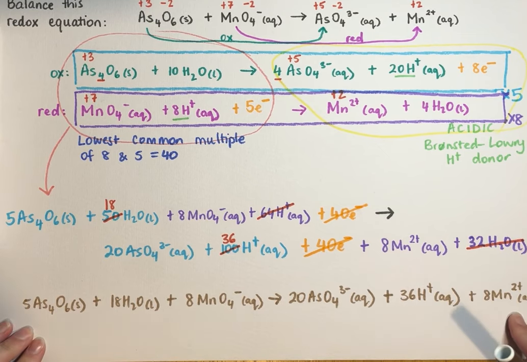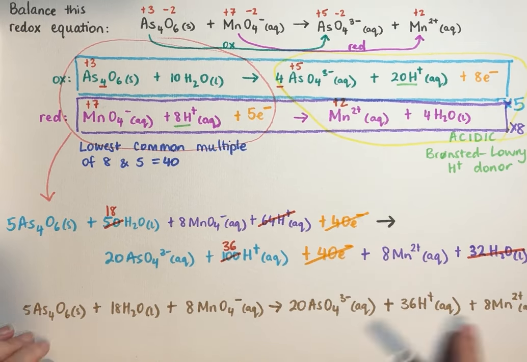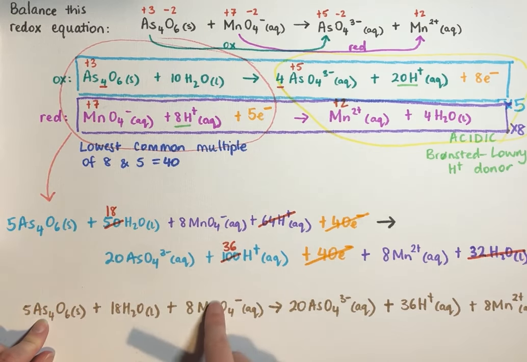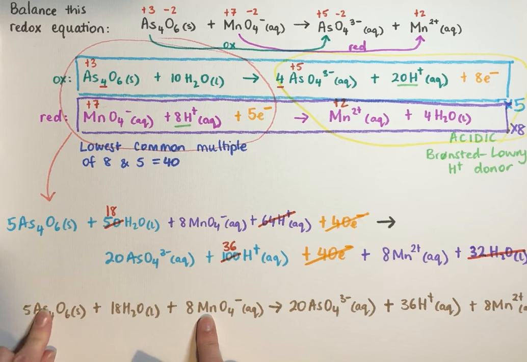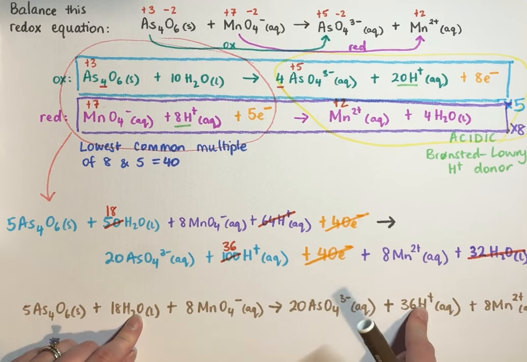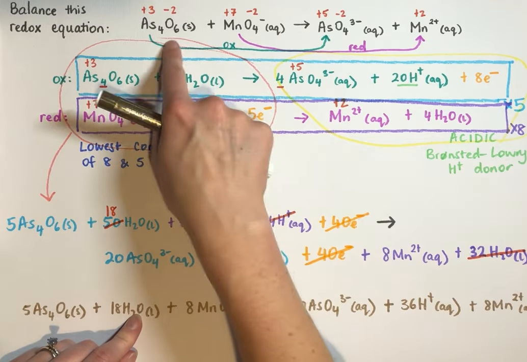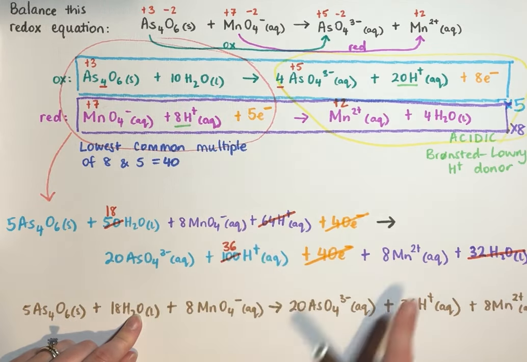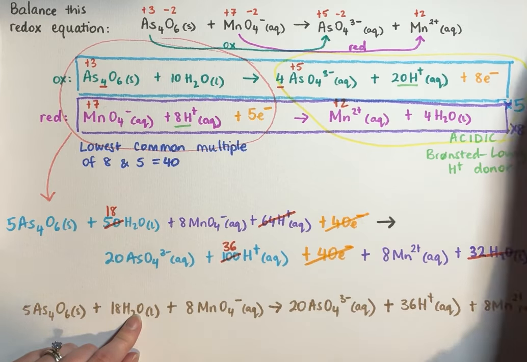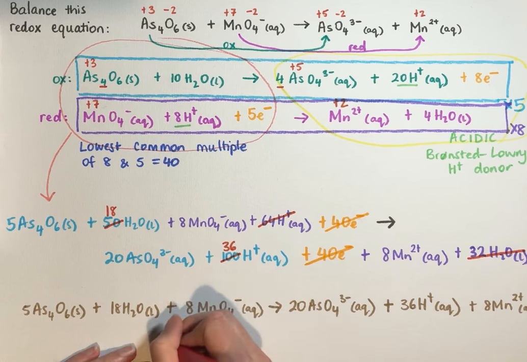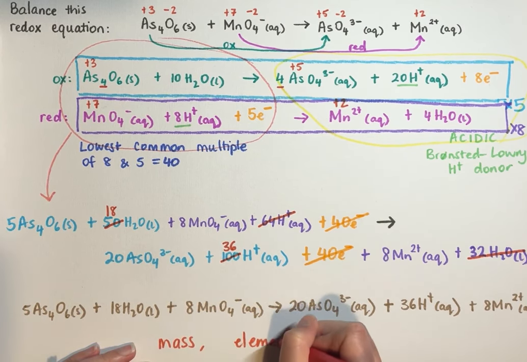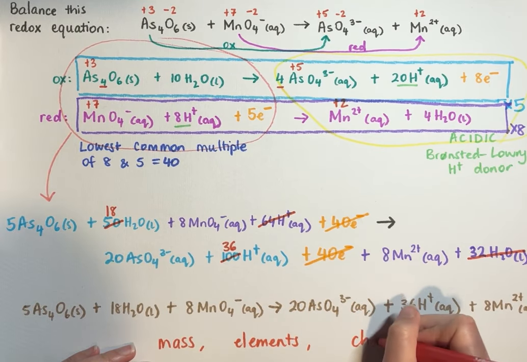So here we have it. This is our final balanced redox equation. How does it compare to what we've got at the start? So we've had to multiply some of these things to make sure the electron exchange is balanced. And we've also had to include some water and hydrogen ions so that our elements are balanced as well, because otherwise we had an imbalance of the amount of oxygen going on here. So this has allowed us to balance both mass and elements and charge,